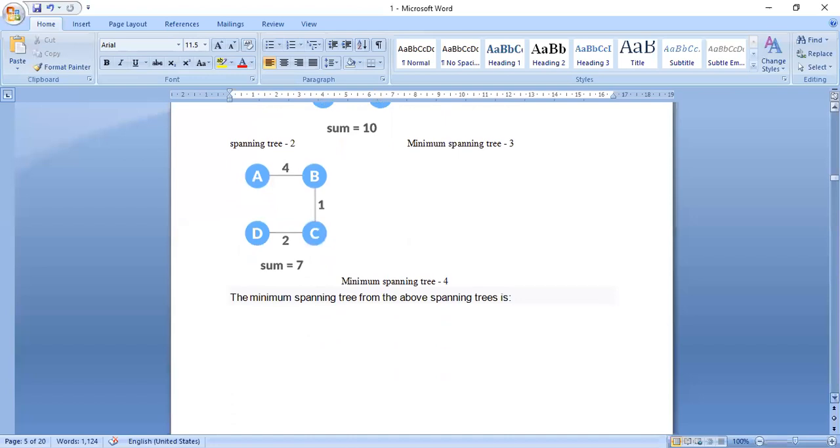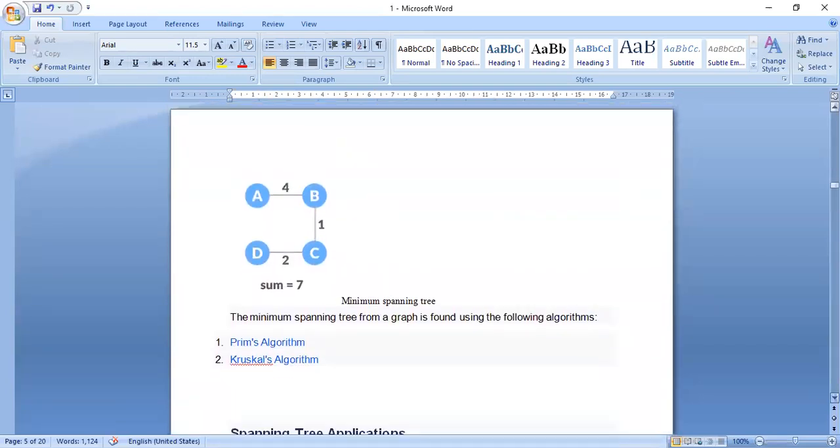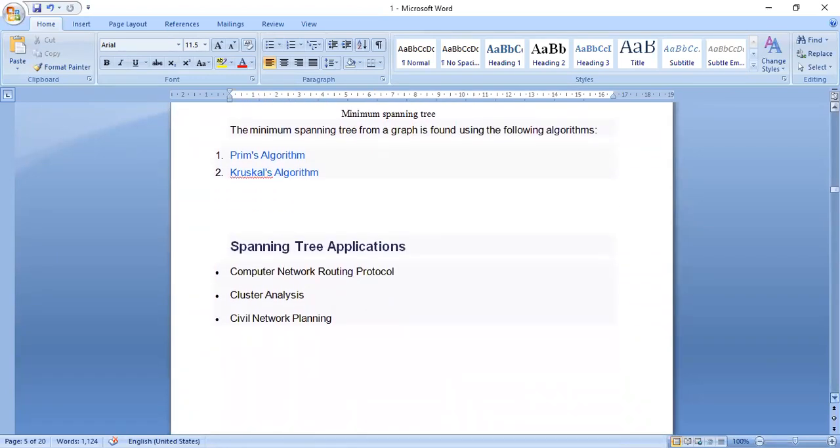Okay. That's the example. So now we have algorithms to build a minimum spanning tree. The goal of ours is nothing but visiting the nodes with minimum distance. So that is known as minimum spanning tree. So how will I achieve that minimum spanning tree? By using Prim's algorithm or Kruskal's algorithm.